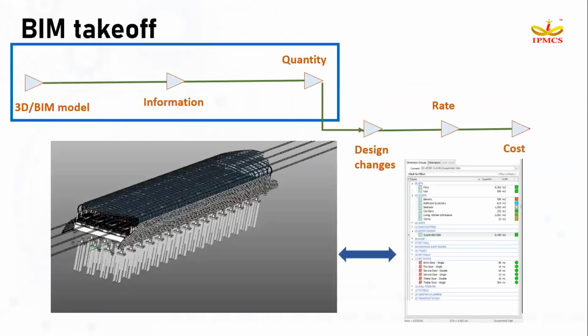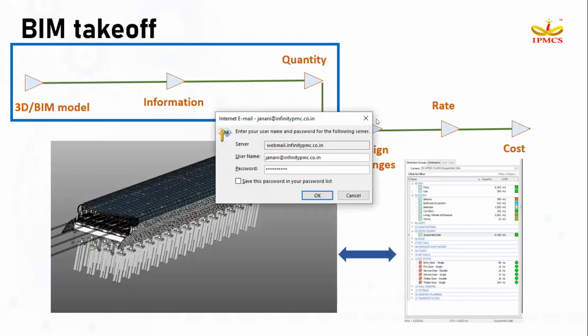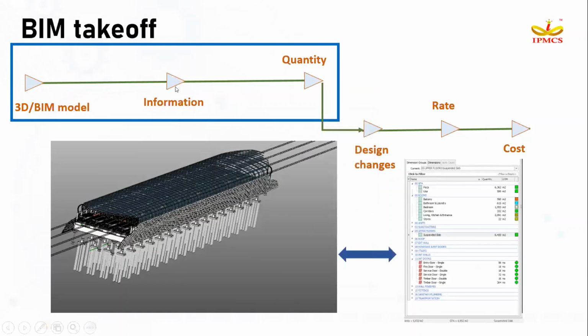When we move to BIM takeoff, again you can see the process here: we are using a BIM model, you can see your model information, extract your quantity, and easily do your quantity changes, rate, and cost estimate. The difference between working with a 2D drawing and BIM is that you can save your time because you will have one single model. But when you're working with 2D drawings, for this single model you will have multiple drawings which you need to collaborate, you need to understand, and then you have to do your quantity takeoff. In that way, you can save your time with the BIM model.